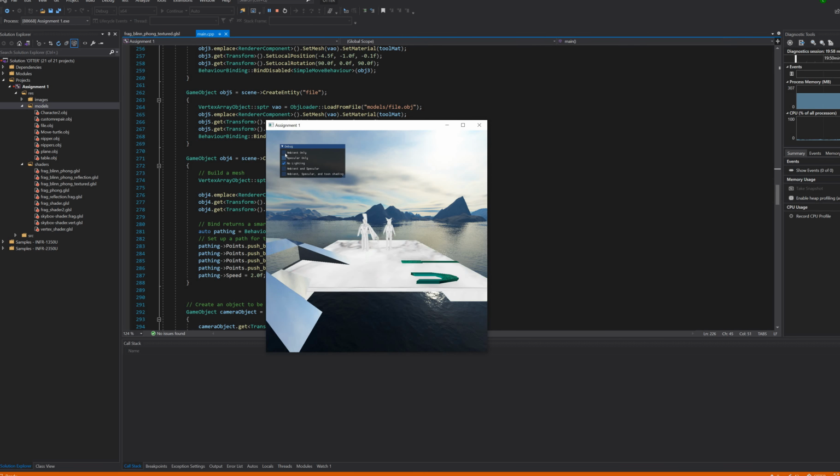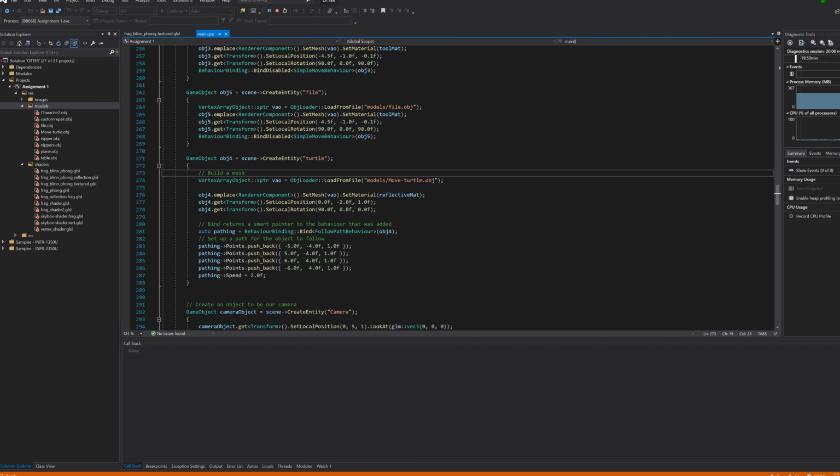Ambient again, no lighting, ambient and specular. I think that's it. Thank you for